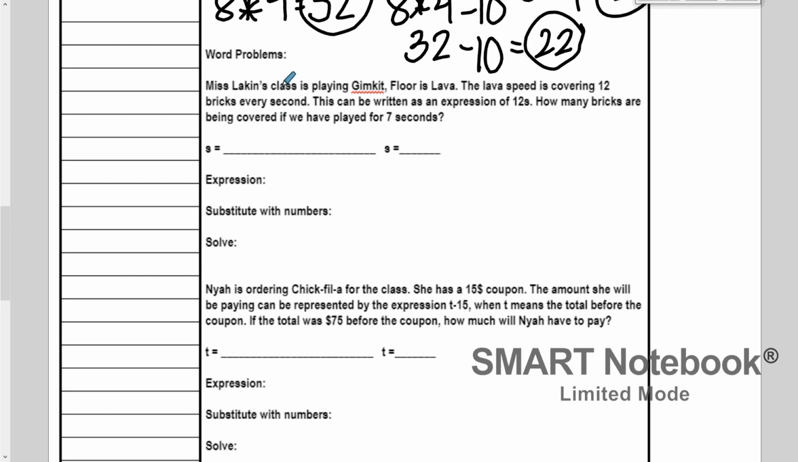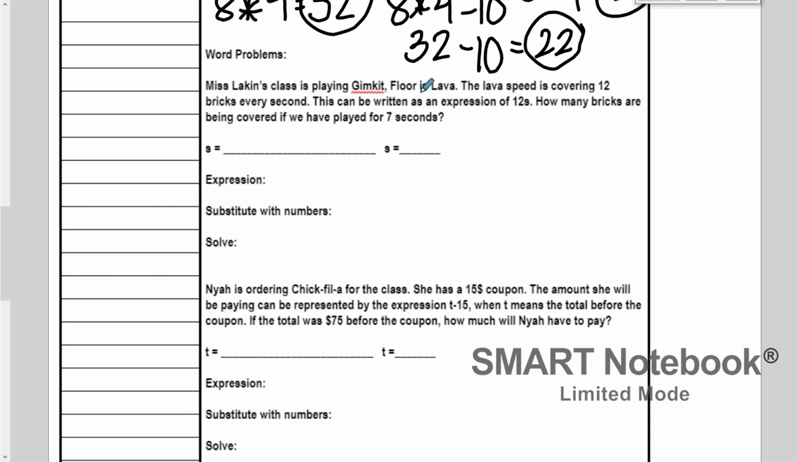So here we have Miss Lakin's class is playing Gimkit. We're playing The Floor is Lava. The lava speed is covering 12 bricks every second. If we're not familiar with this game, you are building bricks to try to outgrow the lava, okay? And the lava is rising 12 bricks every second, so it's covering up 12 bricks every second. So you would technically have to build more than 12 bricks every second in order to stay above the